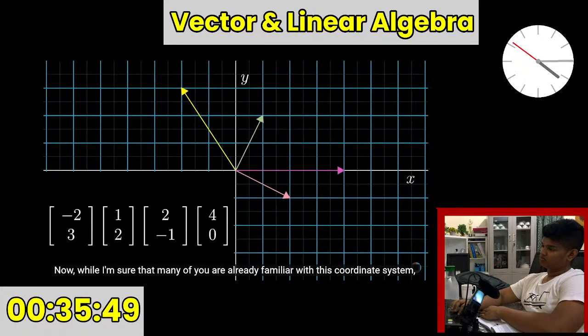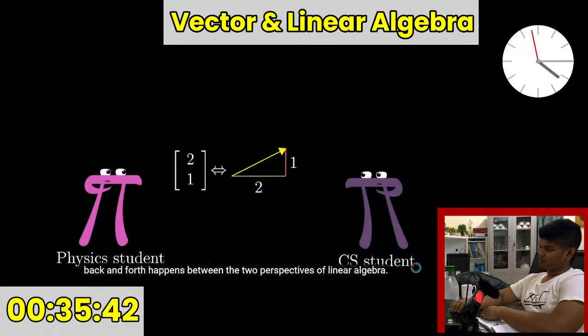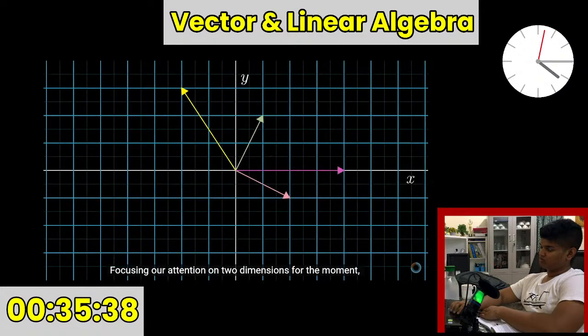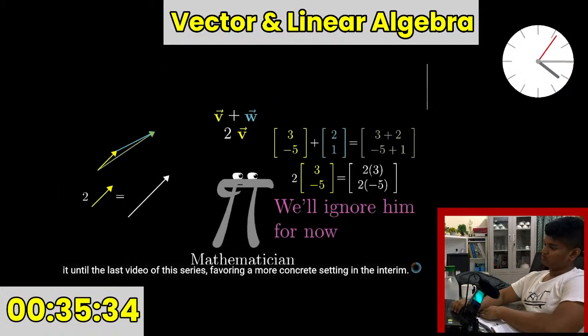Now, while I'm sure that many of you are already familiar with this coordinate system, it's worth walking through explicitly, since this is where all of the important back and forth happens between the two perspectives of linear algebra. Focusing our attention on two dimensions for the moment, you have a horizontal line,